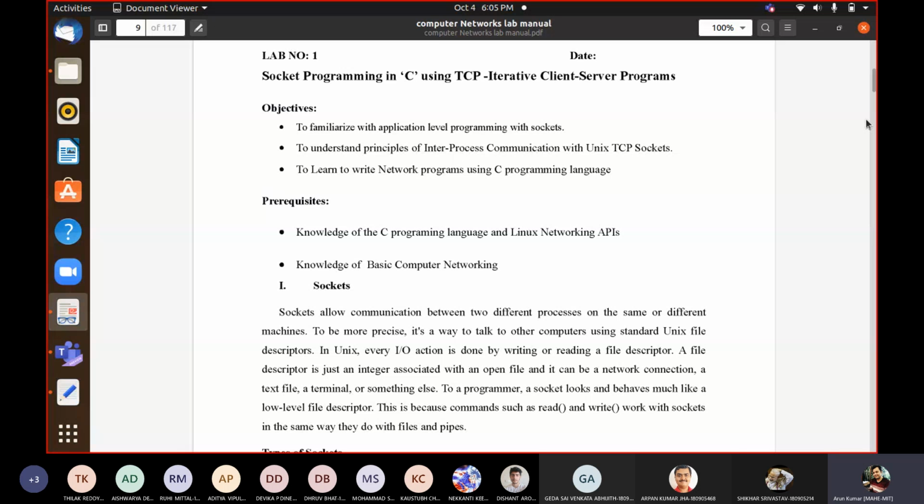You might have heard that in operating systems, either two processes can share a common memory and interact through that memory, or they can create sockets.